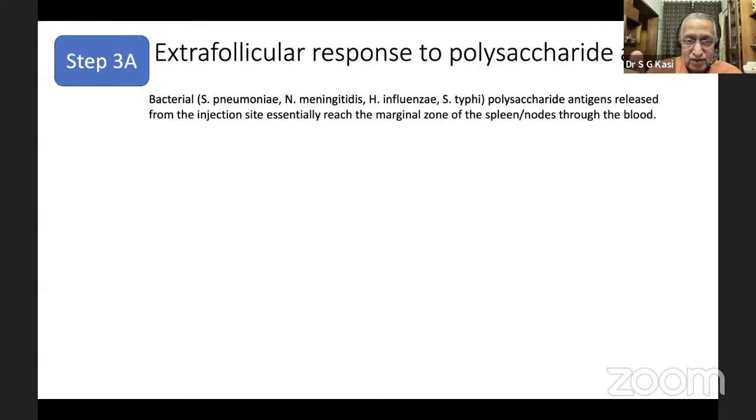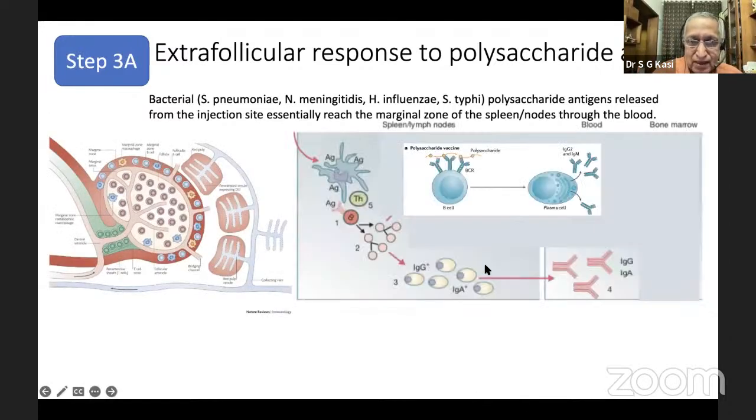It reaches the lymph node or the secondary lymphoid structure through the bloodstream, the lymphatics, and reaches the marginal sinus where there are specialized cells, macrophages, to take it up. Once that occurs, this antigen comes into contact with specific B cells which have specific affinity for this particular polysaccharide. Once it meets this specific B cell, these B cells get activated, multiply, and result in production of plasma cells, in smaller quantity, producing predominantly IgG2 and IgM response.